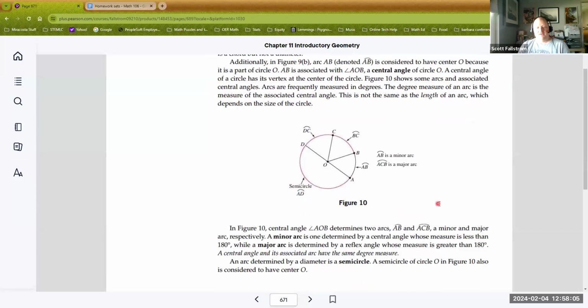Okay. All right. Different types of arcs. When you're naming your arc, how do I want to say this best? When you're naming your arc, you have to be very clear on how it is made. We typically put 2 points on the circle